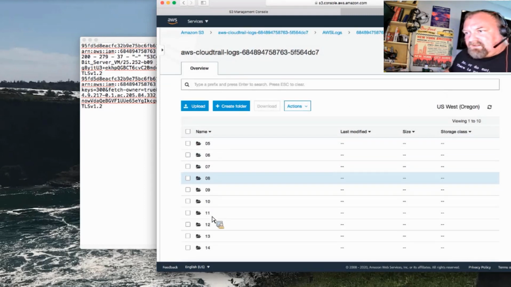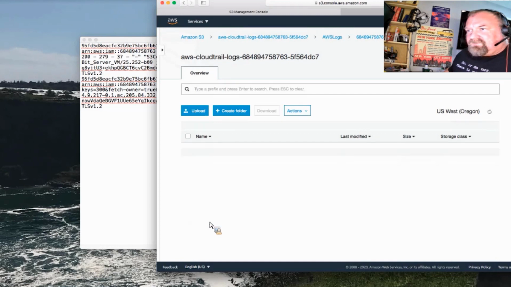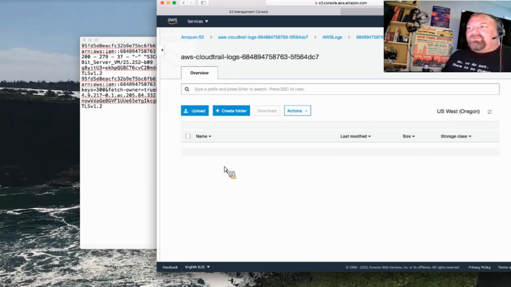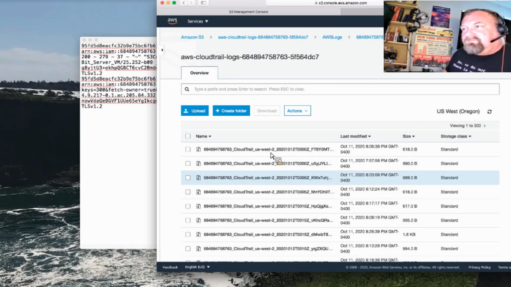And let's look at, I think, the 12th, just to be sure. CloudTrail can take some time to propagate, so I'm going to work off of a